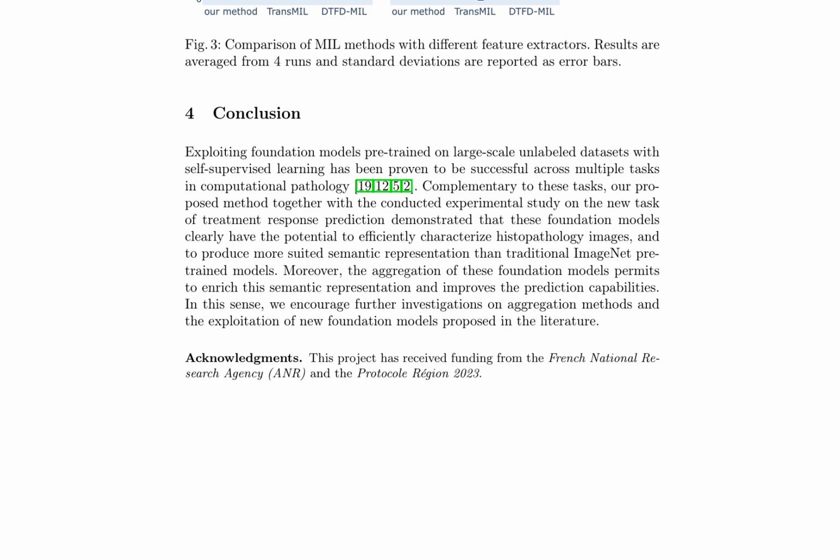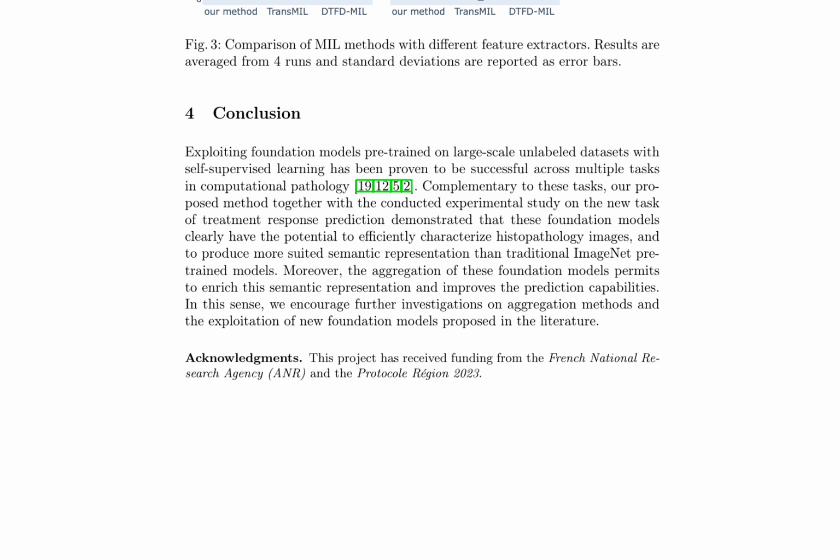The results highlight the potential of foundation models to improve patient outcomes in clinical settings, and further investigations on aggregation methods and new foundation models are encouraged. The proposed method's success demonstrates the effectiveness of exploiting foundation models pre-trained on large-scale unlabeled datasets with self-supervised learning in